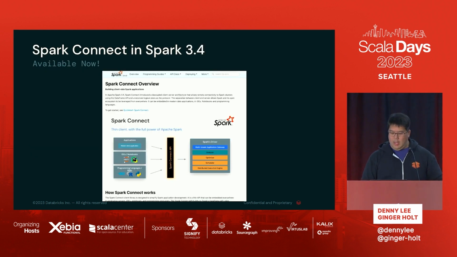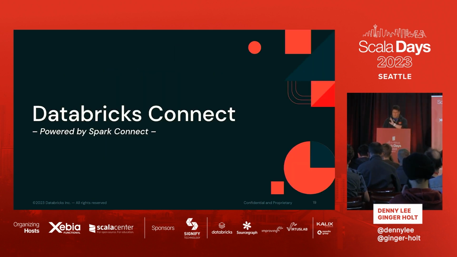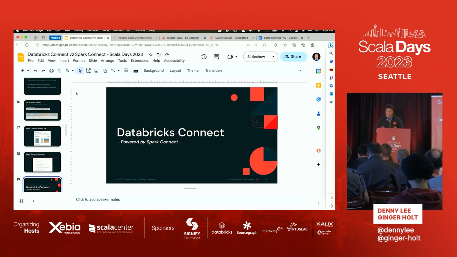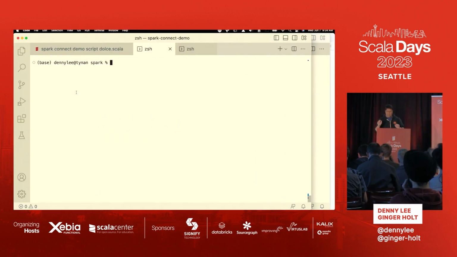All right. And so, like I said, Spark 3.4 is already available. I'm going to hit the page itself. It's the standard programming guide, so you can start playing with it now. And then there's a notebook. Okay, cool. Let me just go into the demos because that's more fun anyways. As I do this, any questions? No? Okay, cool.